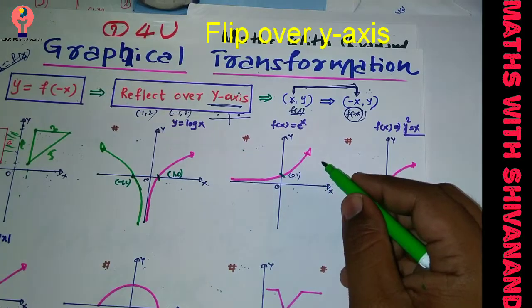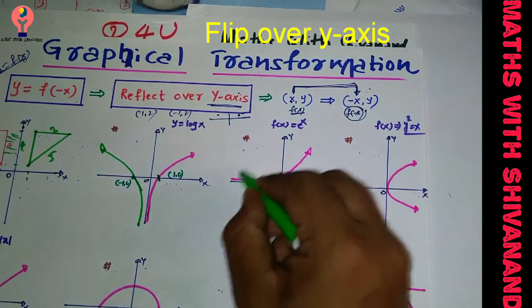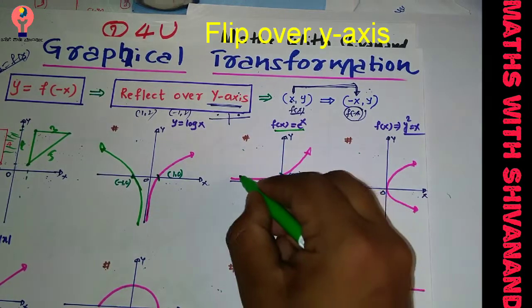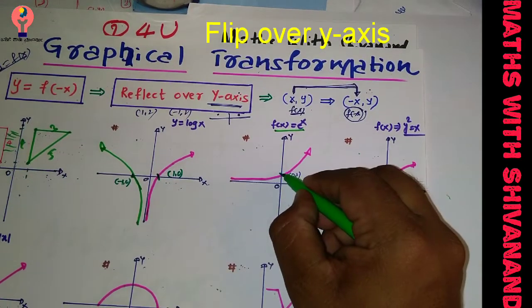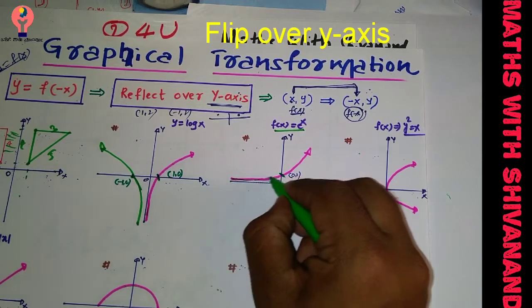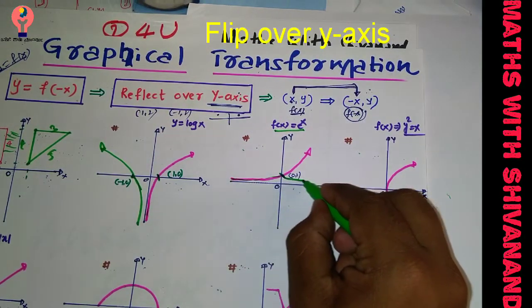Listen, it is a two part here, so I need to break and switch here, right? So f of x equals e raised to x. Now reflect the graph over the y-axis. First I am reflecting this part here, from here to here. If I reflect over the y-axis, it will be like this.